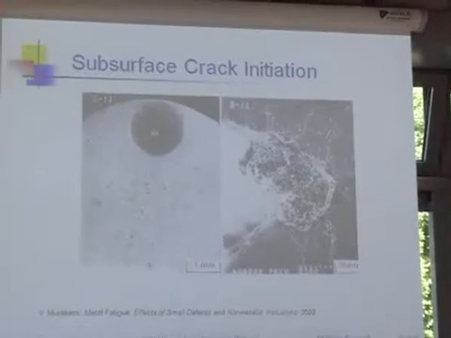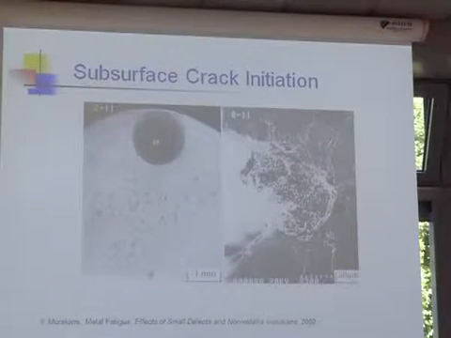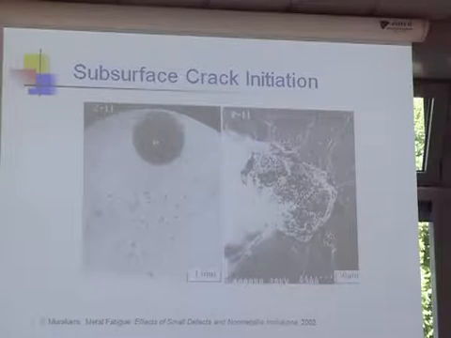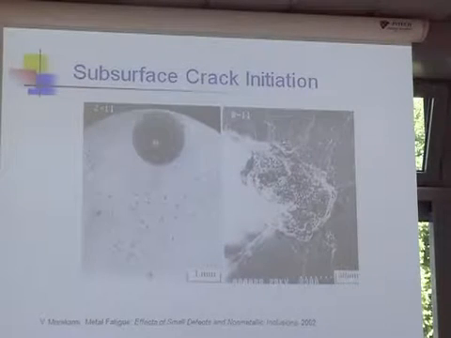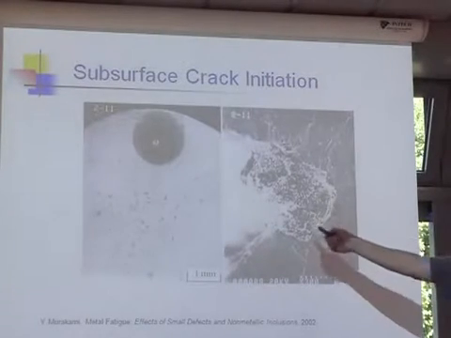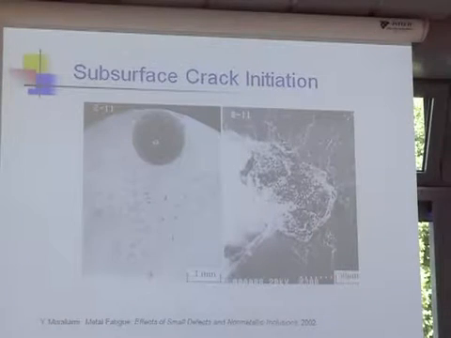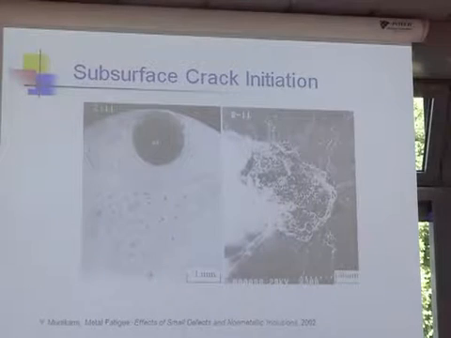There's the last one, and you get some idea of size. This is in a hard material that you make a bearing or a gear from, and it fails from the inclusions. Just as another aside, I went to a talk on bearing steels, and they were talking about the fatigue